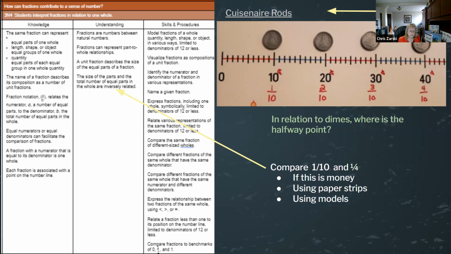So I'm going to keep going because I'm going to assume that you've either stopped the video and then come back. So what we want to do is take one of those strips of paper. So here's mine. And I'm going to say to you, this is a whole. Whatever the length is, we know it's 11 inches, but this is a whole. And what I'd like you to do with that whole is show me a half. So what would you do with this piece of paper to show me a half? Well, that's probably the easy one for you. We just take it and we fold it in half. And I have 2 equal pieces, right? I can open it up and see them.